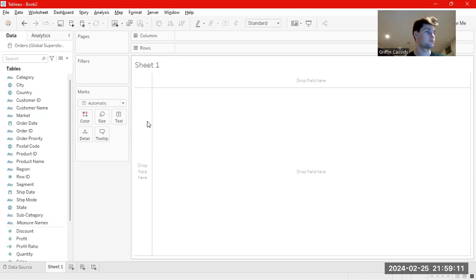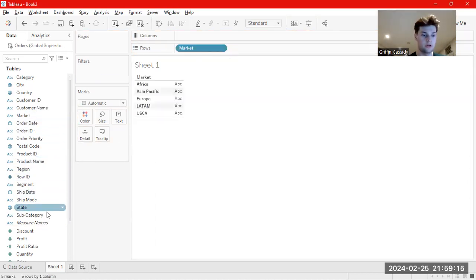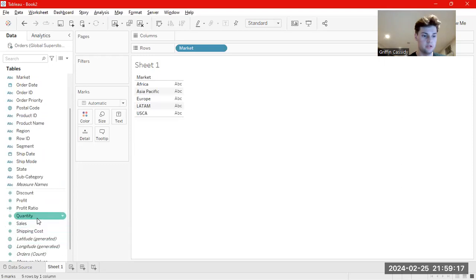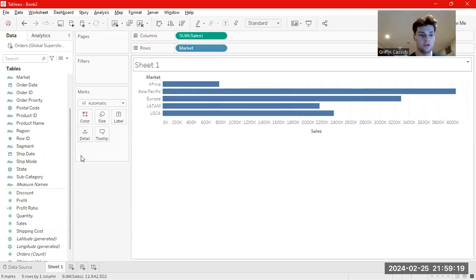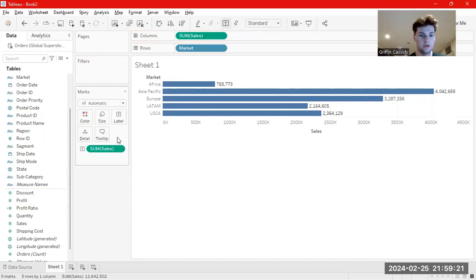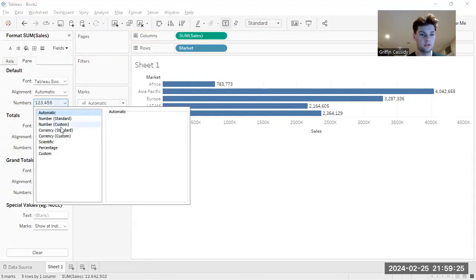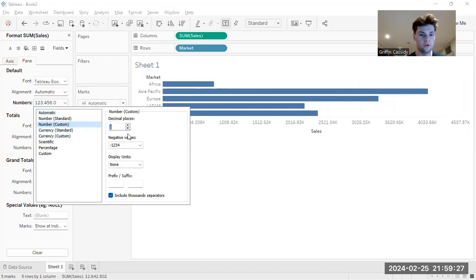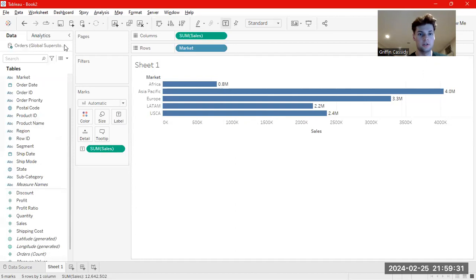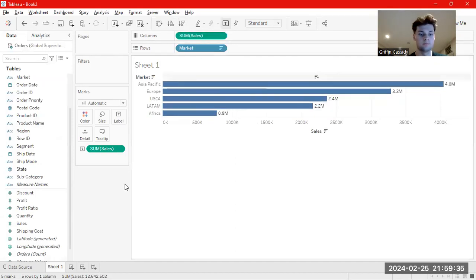Okay, so for the first dashboard, we need to start with sales revenue by market. So we're going to put market here and sales in the top. We're going to create labels for our sales. So we're going to format these by custom, one decimal place, and millions. Clear that out. Also sort this largest to smallest and rename this